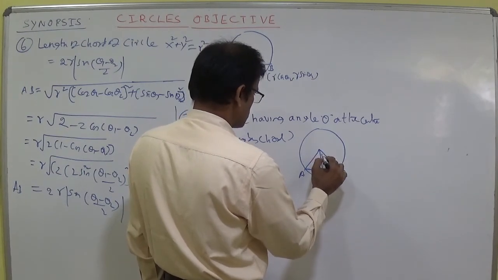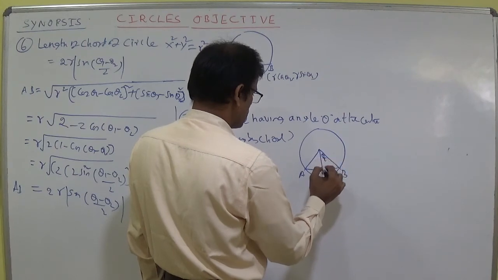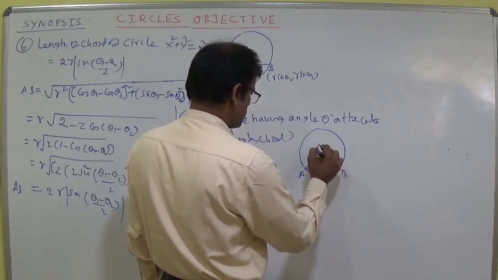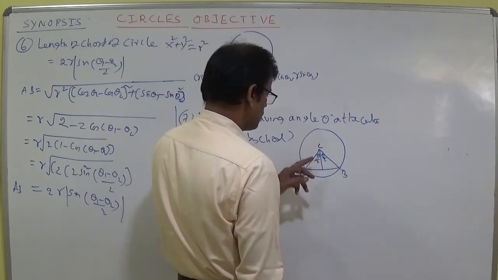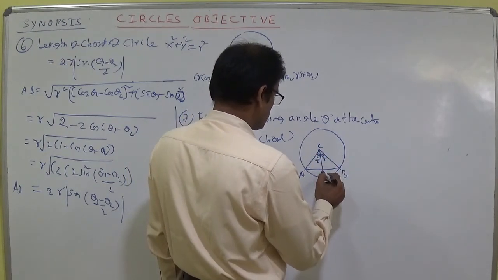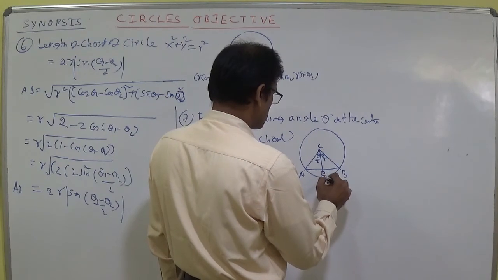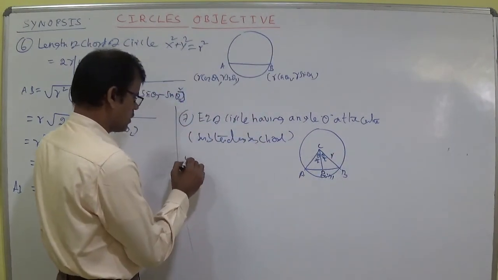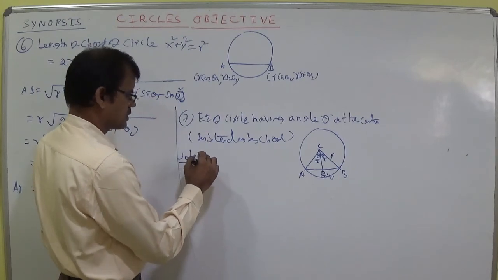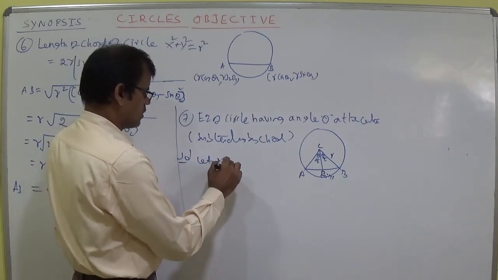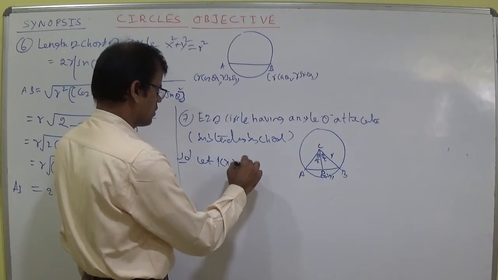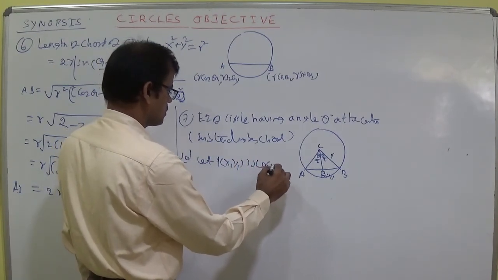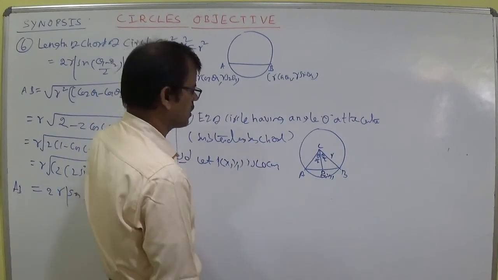So put here theta by 2, because the full angle is theta. This is the chord. The chord makes angle theta, it is nothing but the subtending angle. Here P you can put, here x1 comma y1 you write. This is R. So let P x1 comma y1 be the locus point. So the equation of circle has angle theta.